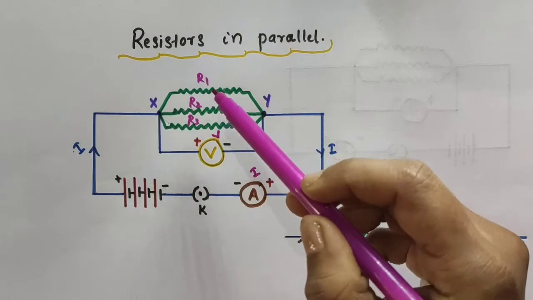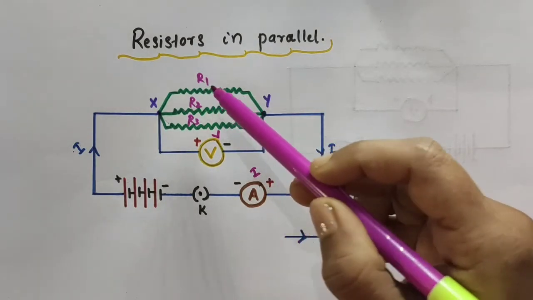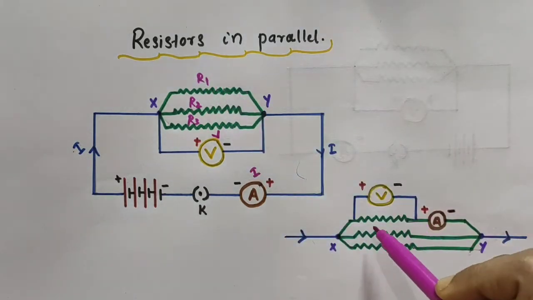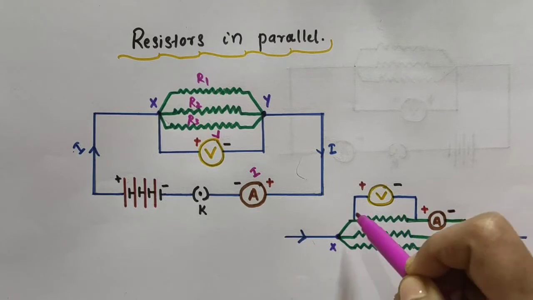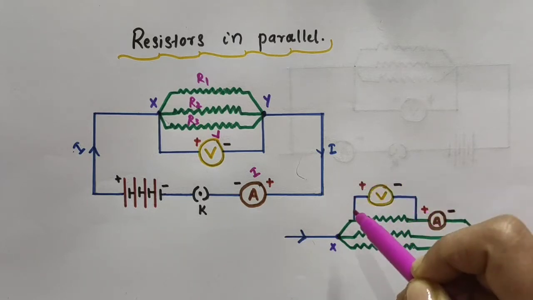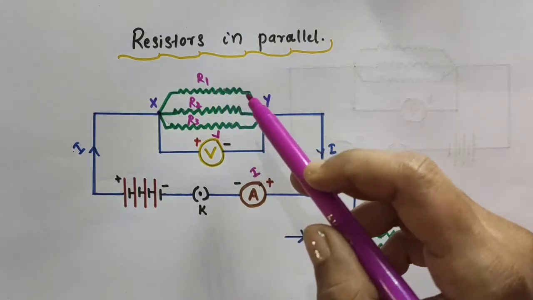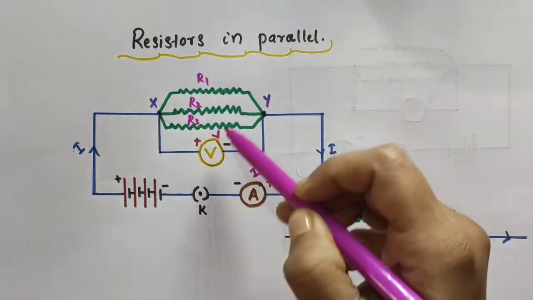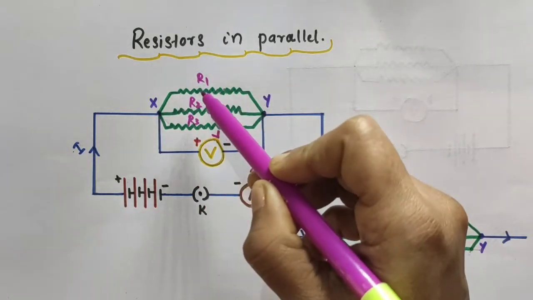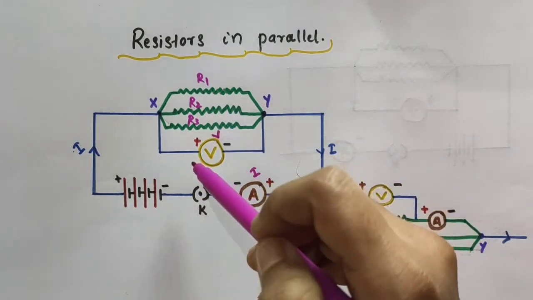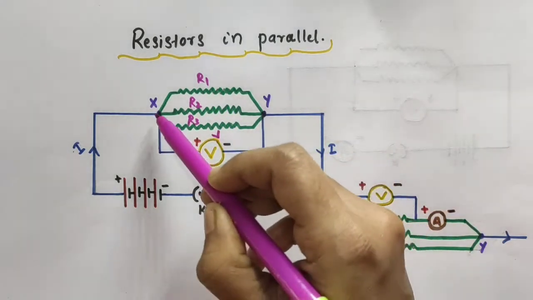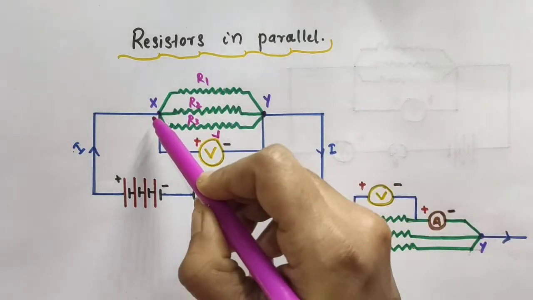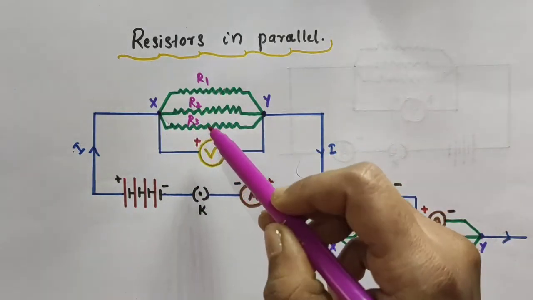To get the potential difference across the first resistor, we just connect a voltmeter across the two terminals of the first resistor. If you want to measure the potential difference across a single resistor, you just connect a voltmeter across that resistor. See, the same voltmeter which is connected across the parallel combination of these three resistors is connected across the first resistor too, no? And the same voltmeter is connected across the two terminals of the second resistor, and the third resistor, no?